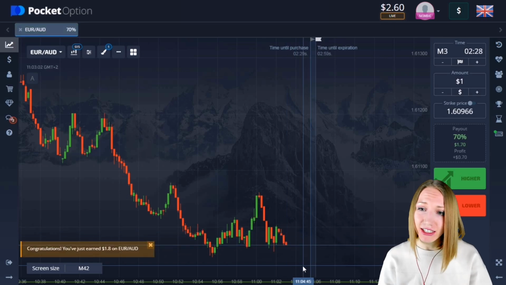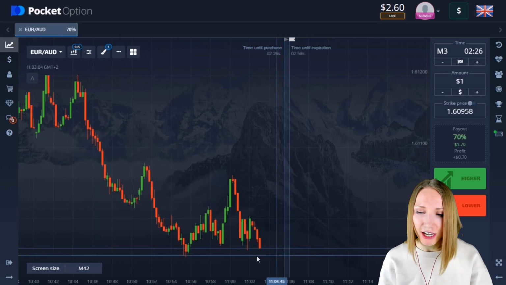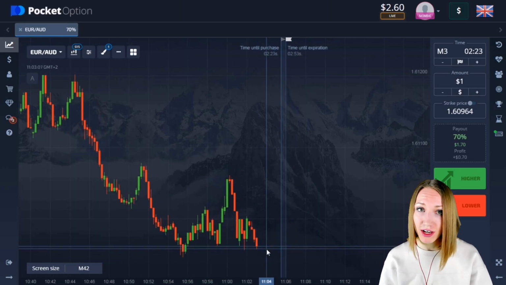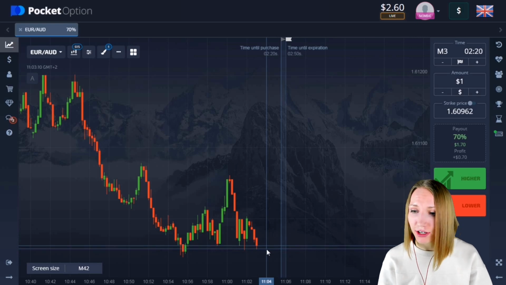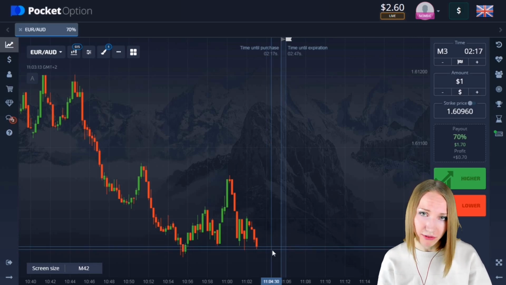I think the downtrend will continue and this rotation will be profitable for us. Well, it's very good. After the rollback up, the downward movement continued and we have got the profit. You can see that. Also, you can notice the price hasn't approached our level yet.